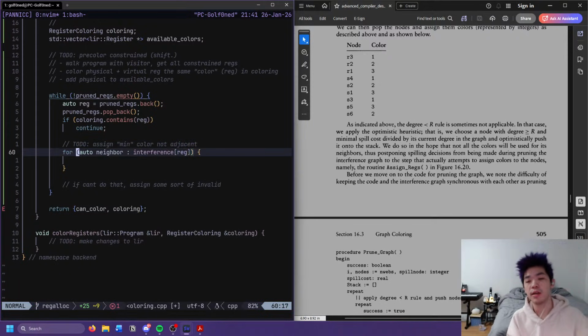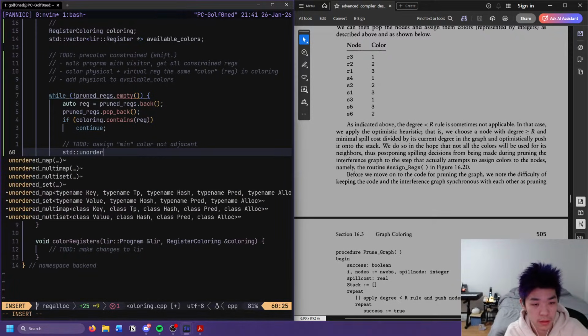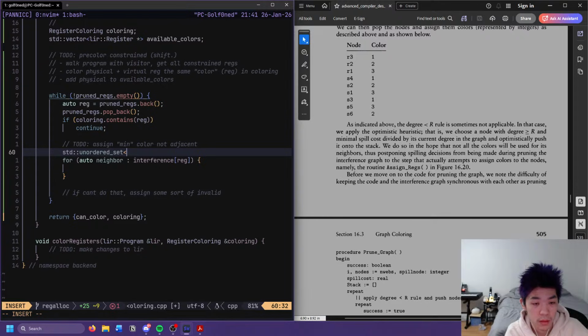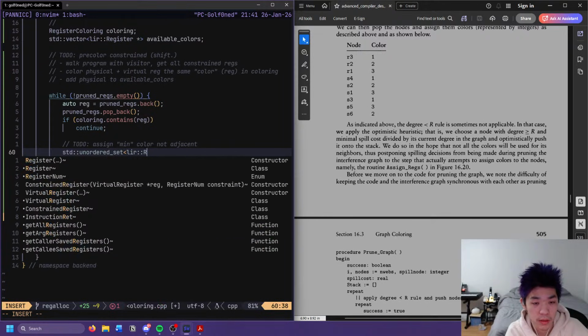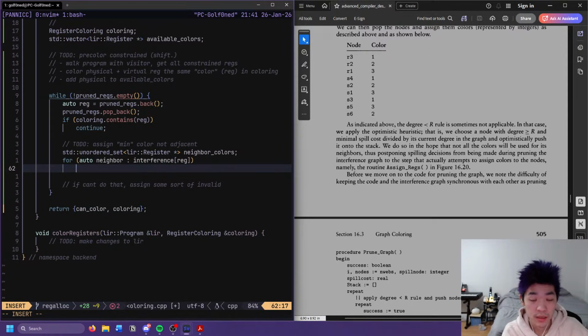Or maybe there's some gross range thing or a map thing we could do. I guess we should just make a set. So this should be a set of Register star, neighbor colors. This sounds worse than it is, I promise. So let's insert